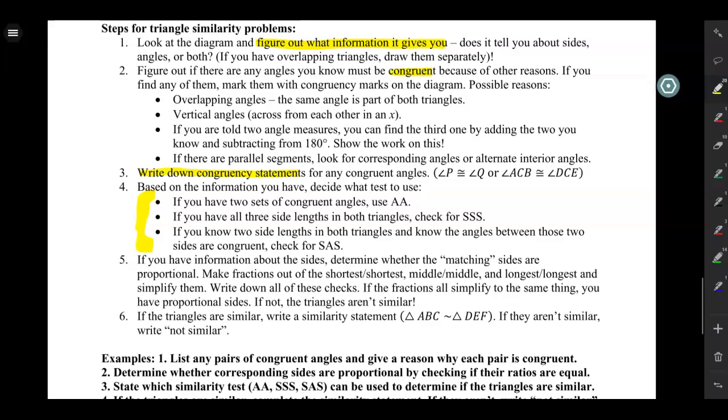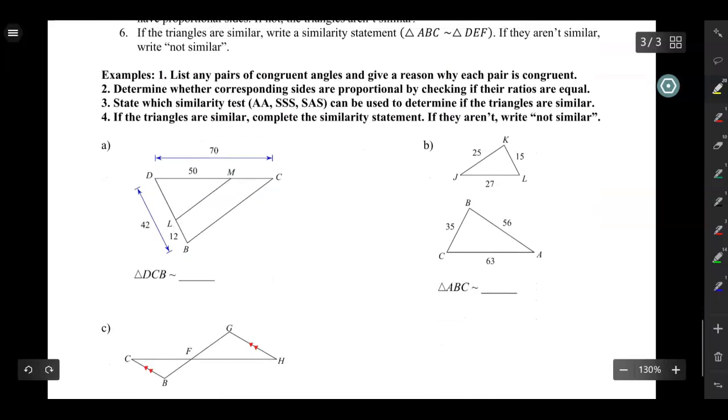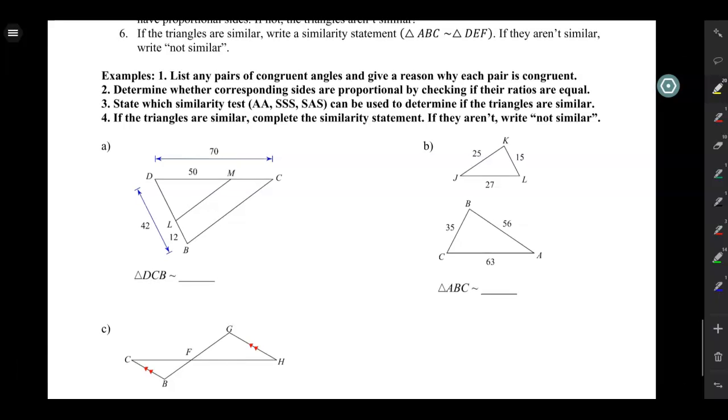As you work through this, it'll help you decide which of these 3 postulates or theorems to use and then how to use them. So I'm going to go ahead and just walk through, not actually proving a complete congruence statement necessarily, but kind of the thinking process behind this. So if I look at